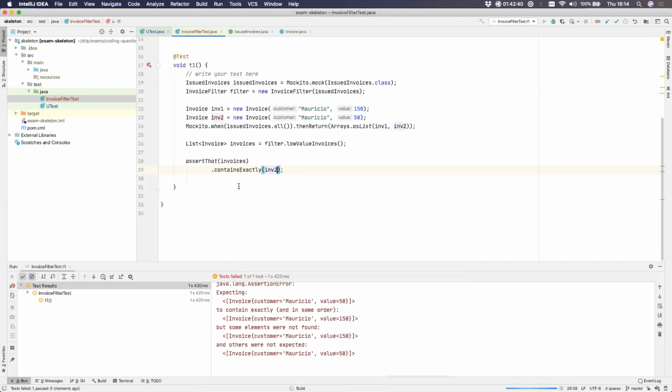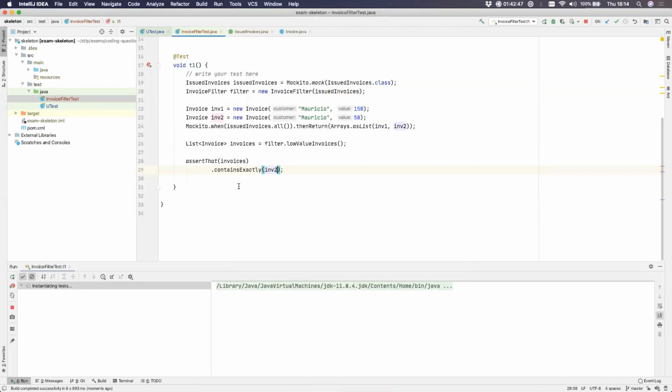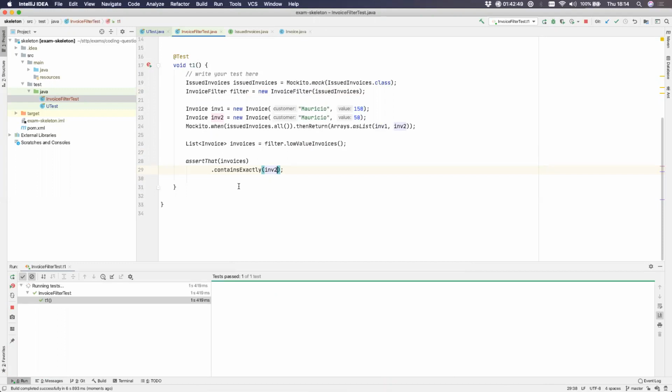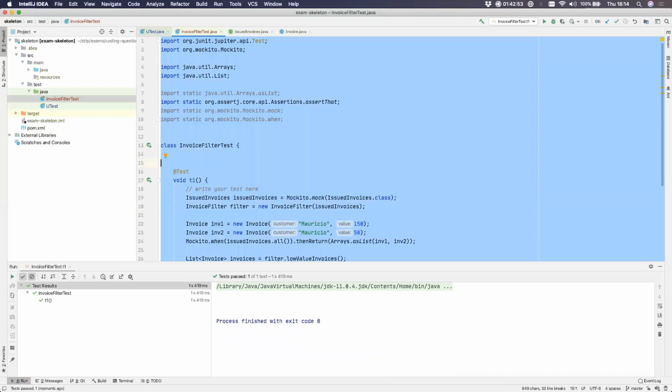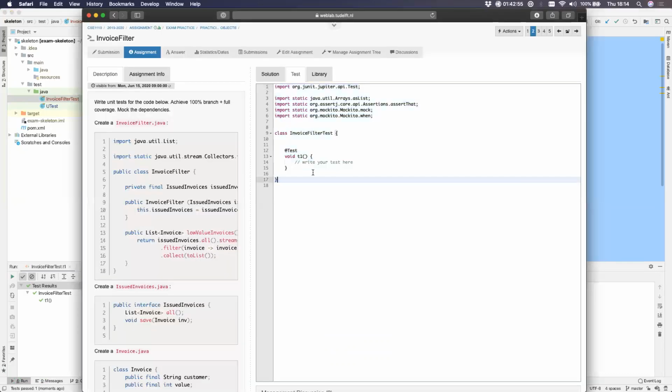So these are the type of mistakes I can imagine you doing during the exam. And you know, you improve, you run your tests again. At some point, it is going to pass. Great. Then what you do is you just copy everything, and you paste it in your